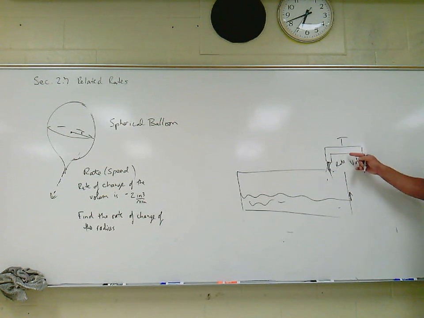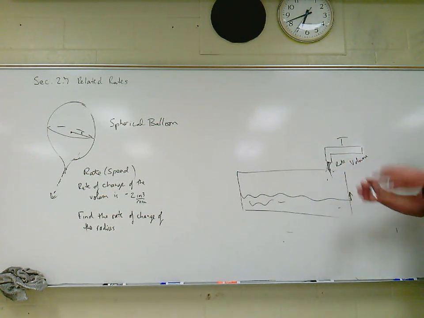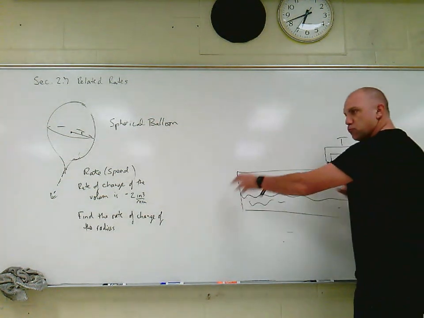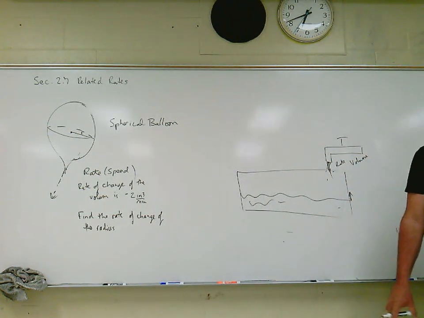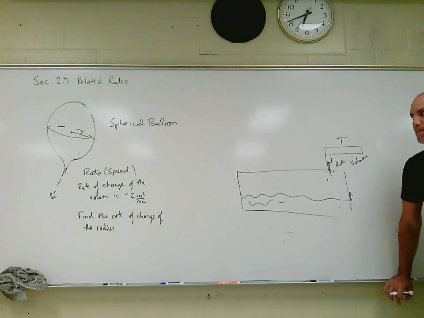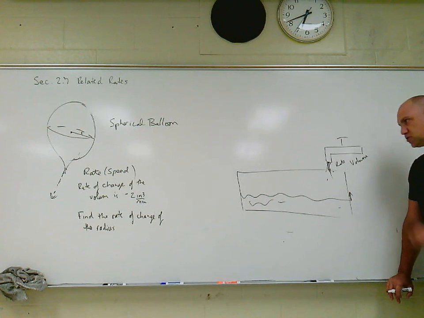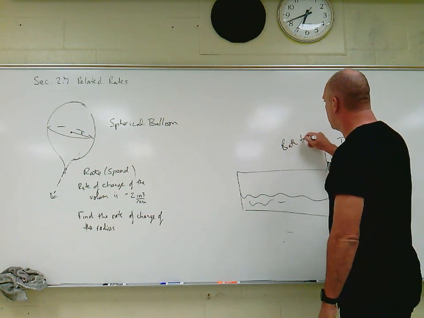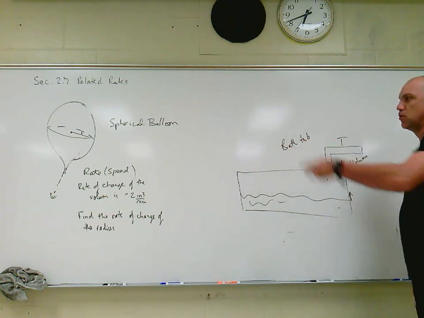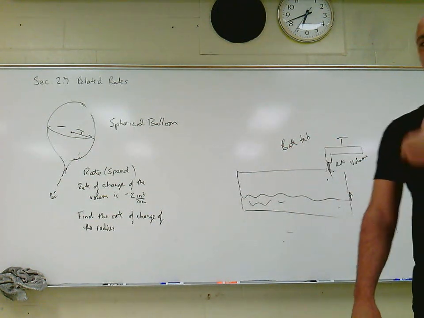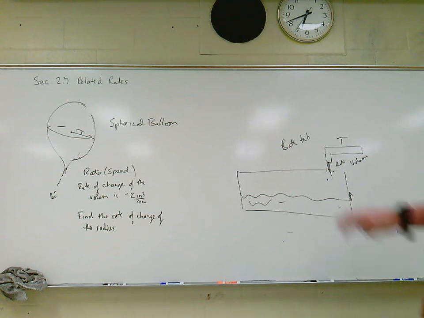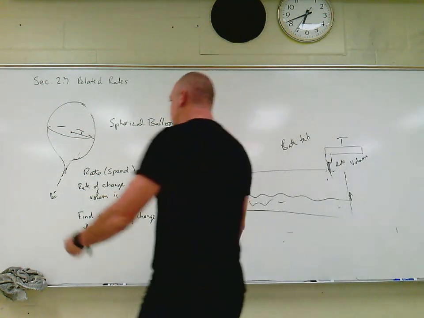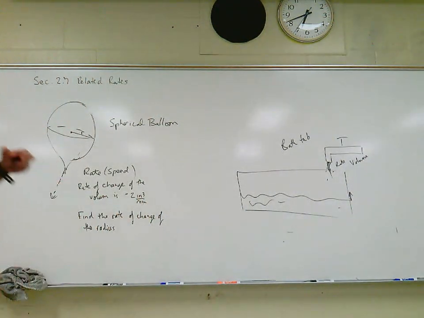We will be able to use calculus to compare the rate of change of how fast the volume is being added to how fast the water level rises. Obviously, it depends on how much room is in here, right? Because that water has to disperse. Okay? So those are the two. I call this the bathtub problem, and maybe the balloon problem. Maybe not do the bathtub problem today, but we'll for sure do the balloon. We may look at it both ways. Maybe air could go in or air could come out, and how could that